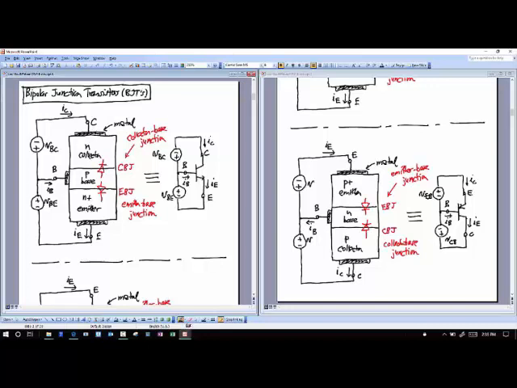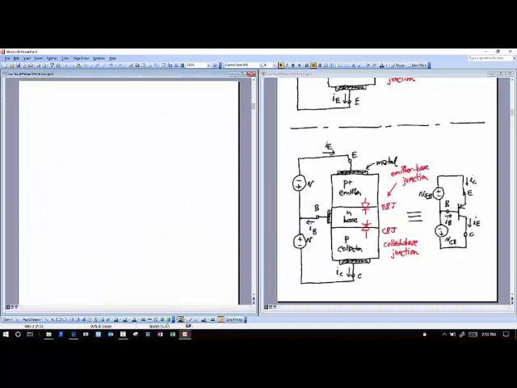And the base is now what used to be the gate in the MOS transistor. So if I change that base voltage relative to some of the other voltages, I should be able to shut the device off, so there's no current flowing. I should be able to make current flow at a certain amount, and I should be able to get a lot of current flowing if I put a large enough voltage across it. Okay, so let's see how this device actually does that.